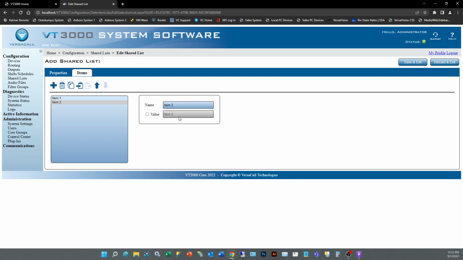The other thing that's important is the value. The value is what gets recorded in the database for when you see reporting, and if we're displaying this data field on a panel, this is what it's going to show. So if there's a reason that you want to show the operator a name that's different than what you actually want to see,